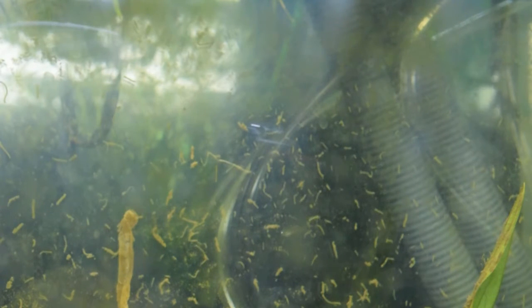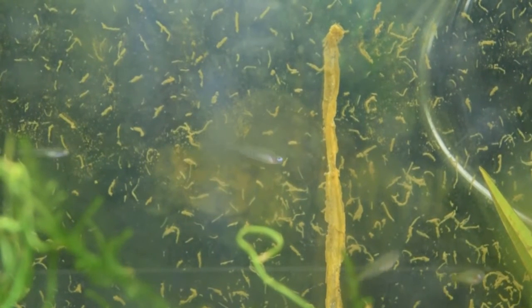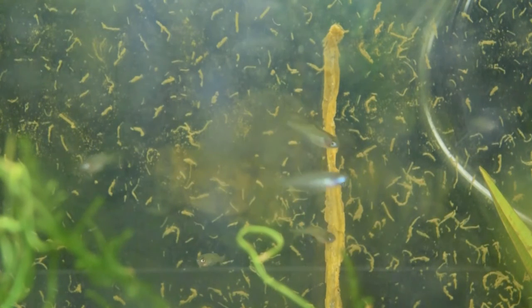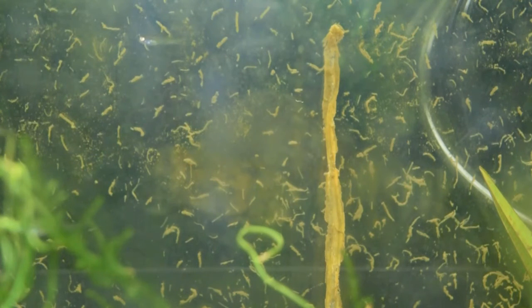It's not necessarily a bad thing, because as these rainbows get a little larger, I think we should see them begin to eat the smaller detritus worms, the babies. I expect that they've already started, because they're staying plenty healthy, their size is steadily increasing, and that's a good sign. And so unless all of a sudden I have a huge detritus worm die-off, I'm not really too concerned about it, because it provides a food source for these babies,